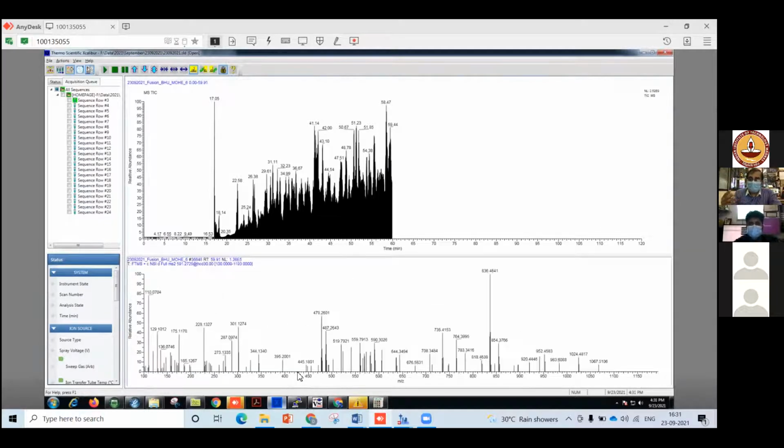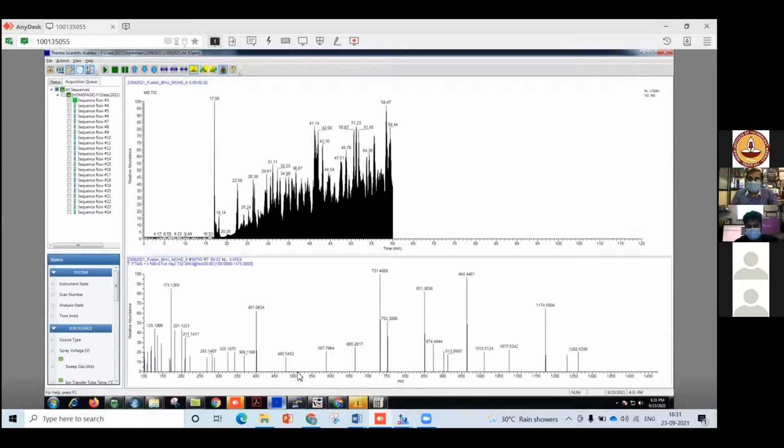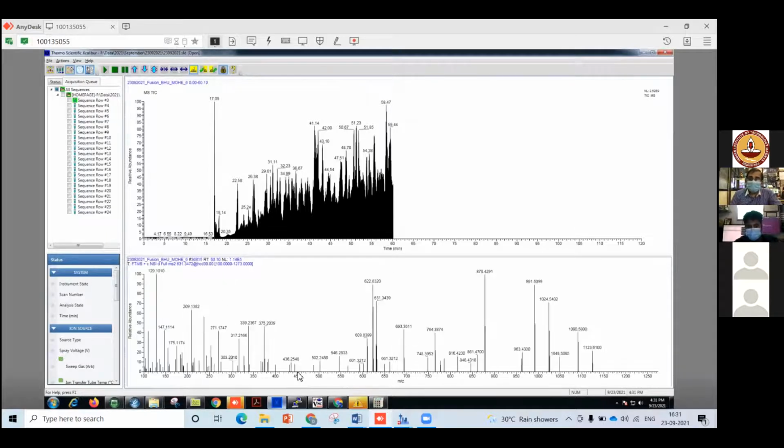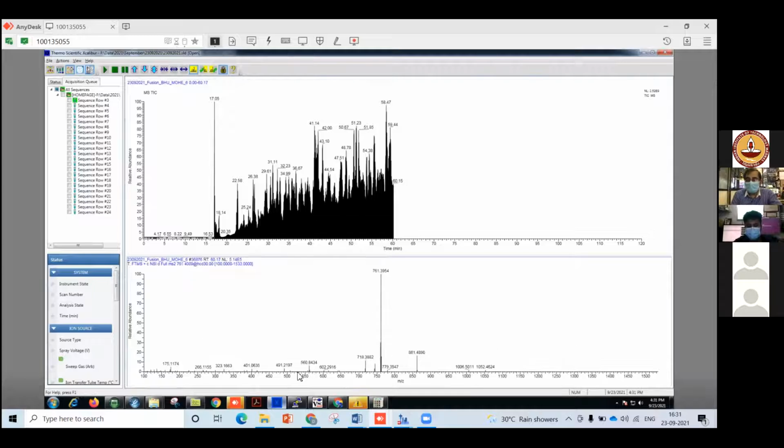Make sure you run a blank, and then your chromatography is ready for injecting the next sample, right? So in this case the data search becomes very important. And for the COVID-19 data set, we have to search for different types of databases depending on what question we want to address.